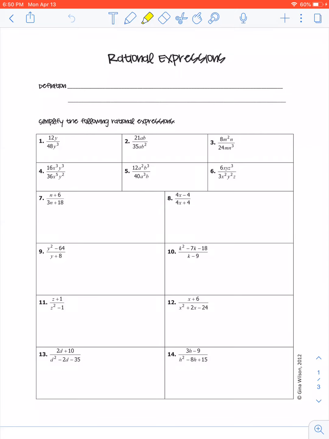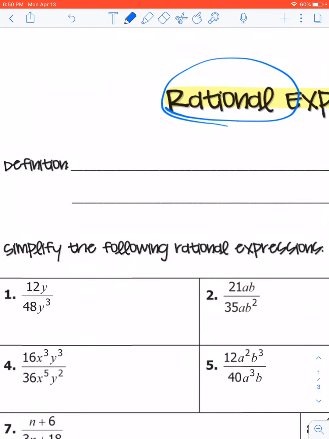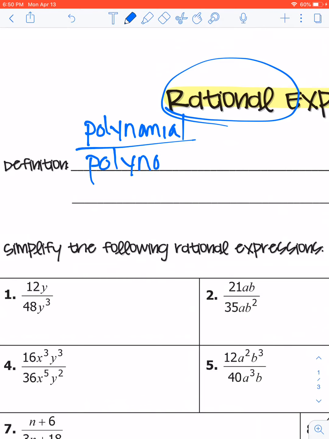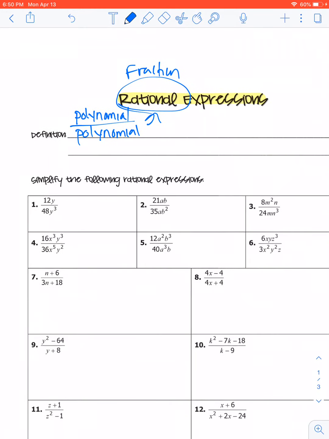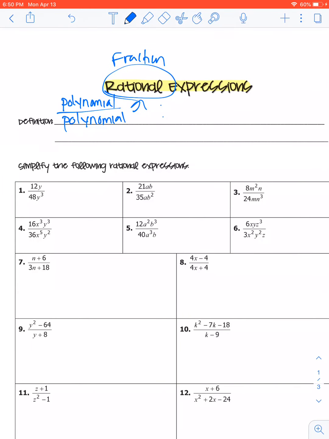We're going to explore what are called rational expressions. So let's talk about what it means to be a rational expression. Basically, it means if you take any polynomial and you divide it by a polynomial, this is what we mean by a rational function. Another synonym for rational is fraction. So another way that sometimes they will word it using English words, it is when